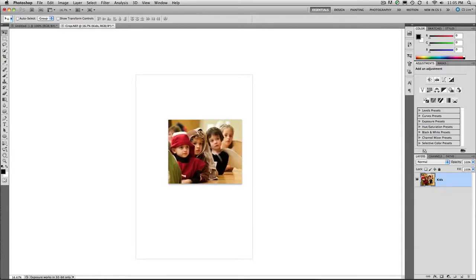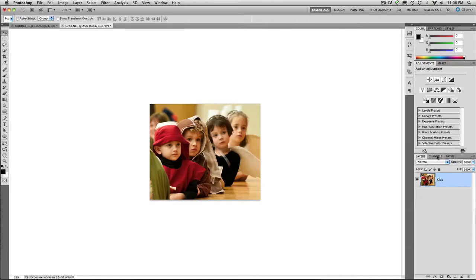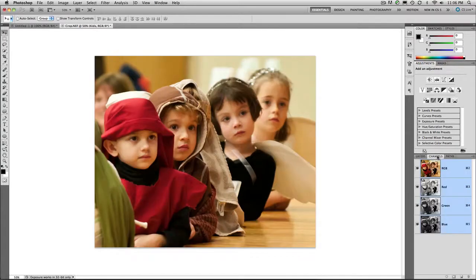It gives me a little bit more flexibility. Now it's looking pretty good, and what I'd like to do is just defocus these children that are a little further away from him, and I'll do that with the lens blur. So let's go over to channels for a second, make this image a little bigger, and under channels I'm going